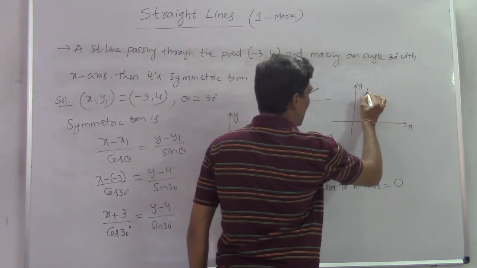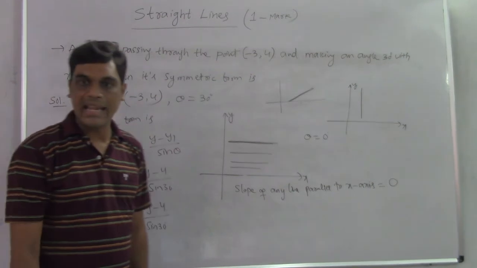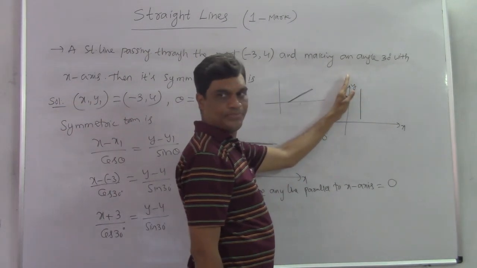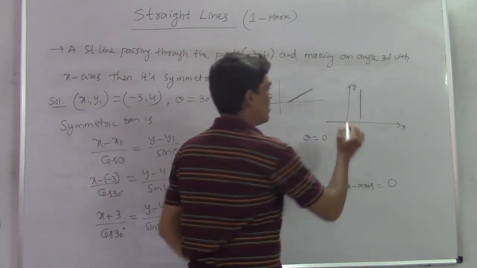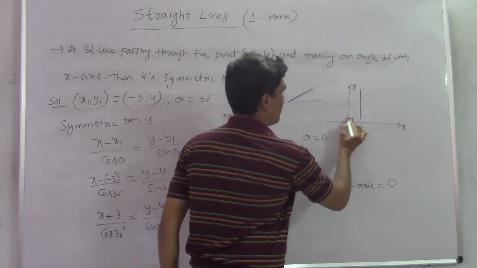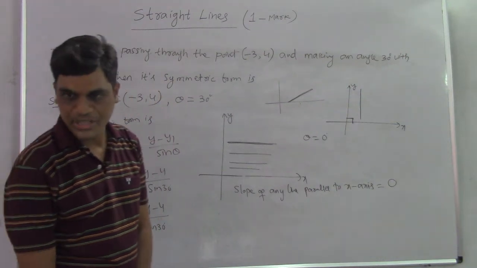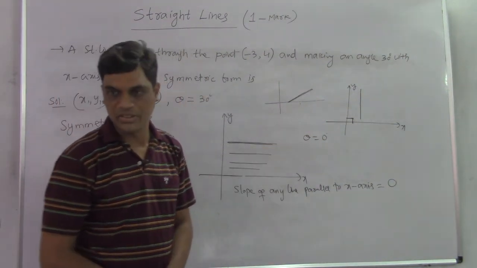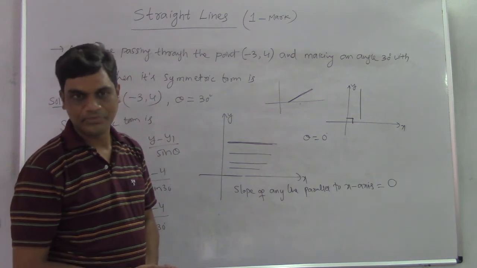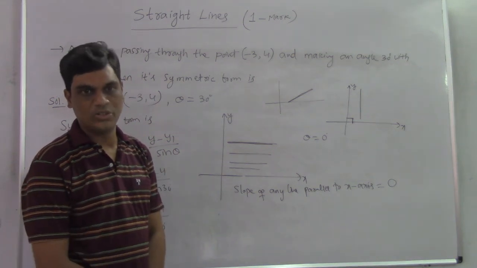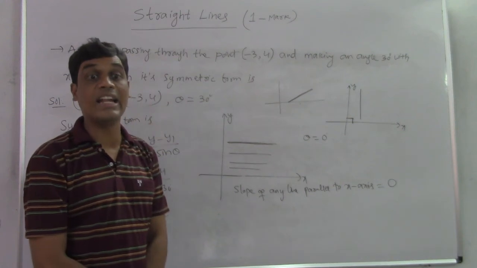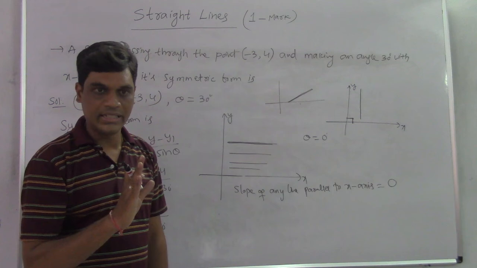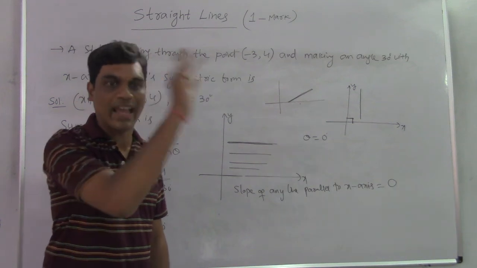Okay? Suppose I take x-axis, y-axis. Now any line parallel to y-axis. Again this line will merge to here. That means what you get? 90 degrees. What is tan 90? Infinity. So that's why slope of y-axis is undefined. Normally if you observe, slope of y-axis is undefined. That's why we will never consider slope with respect to y-axis.